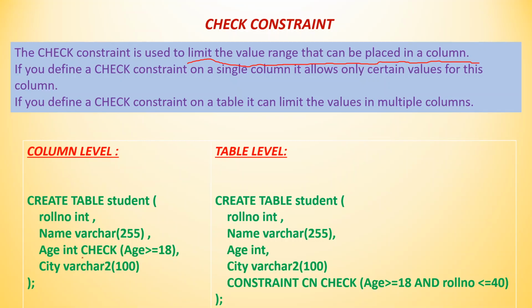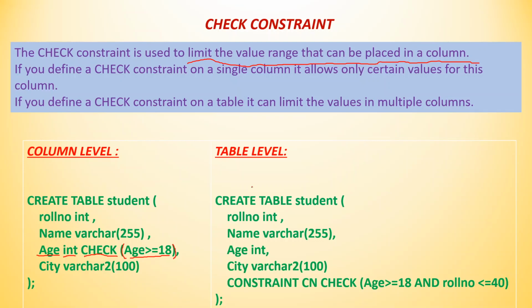See, here we have written it. Age, this is your attribute name. Data type, this is check constraint. What are we checking? We are writing a condition over here enclosed in round brackets. We are writing age should be greater than or equal to 18. It means it will input only those ages which are greater than or equal to 18. It will not take any value which is less than 18. The system will generate an error.